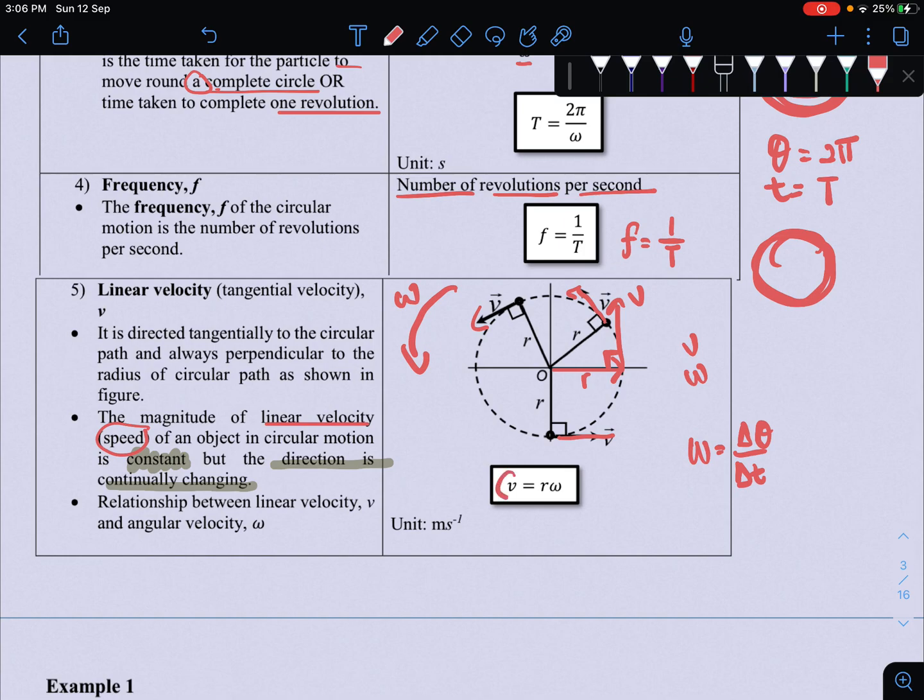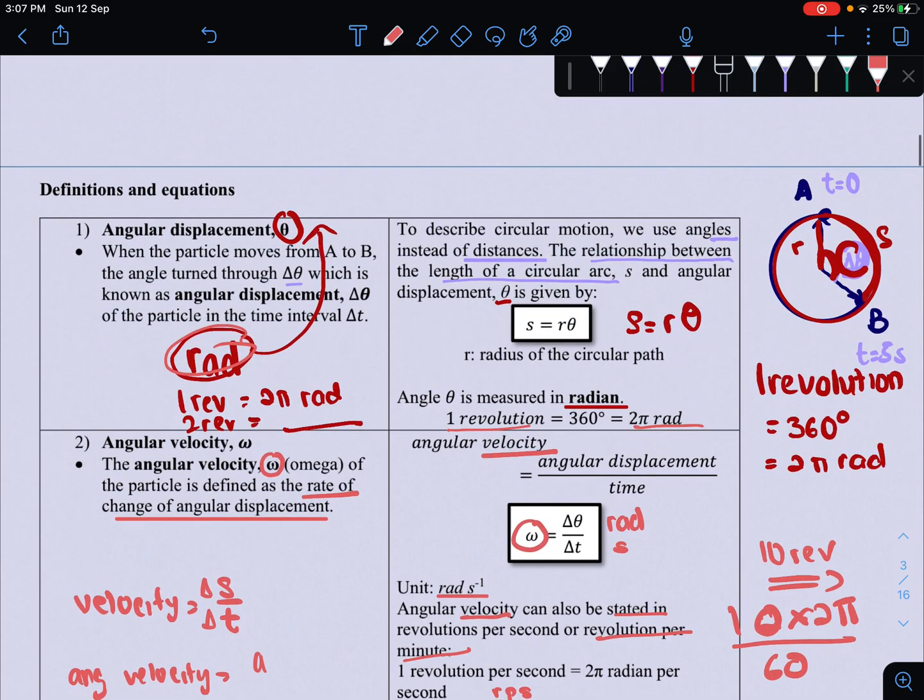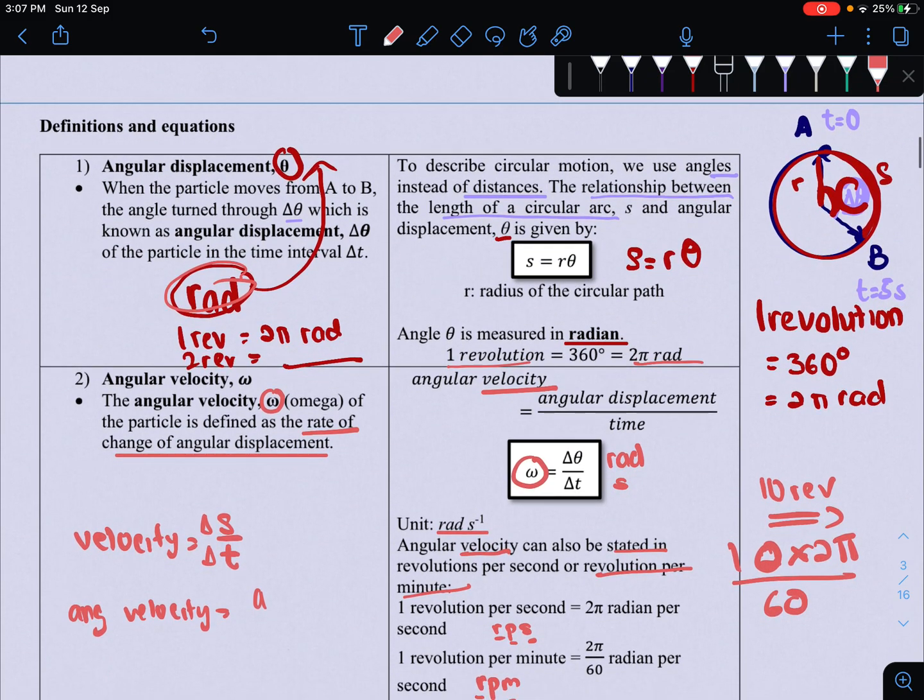This is how you find your omega. So, now if you were to find your linear velocity, you can use this equation, V is equals to R omega, di mana R adalah radius of the circle, and then omega adalah the angular velocity here. Therefore, you can find your linear velocity. This is how you relate your linear dengan angular velocity. So, the unit here is meter per second lah. Tak ada masalah bahagian unit. Alright, itu sahaja untuk bahagian definition and also equation for these few terms yang you will encounter in your circular